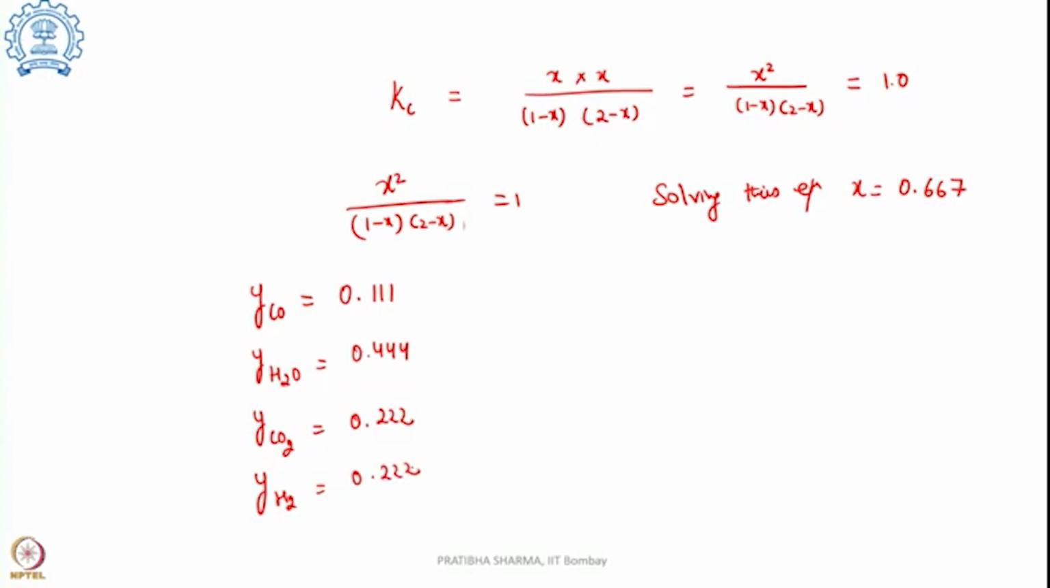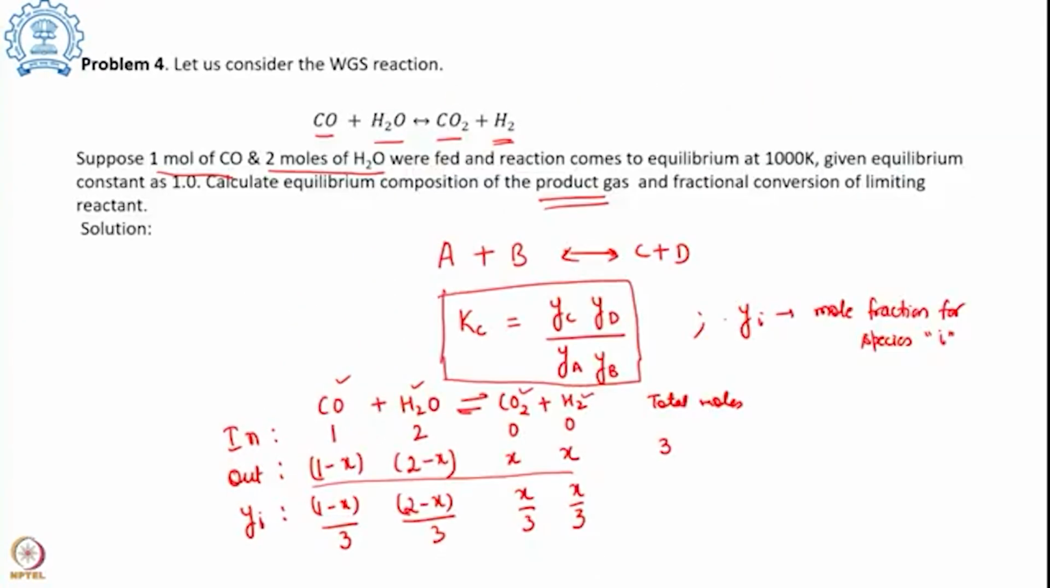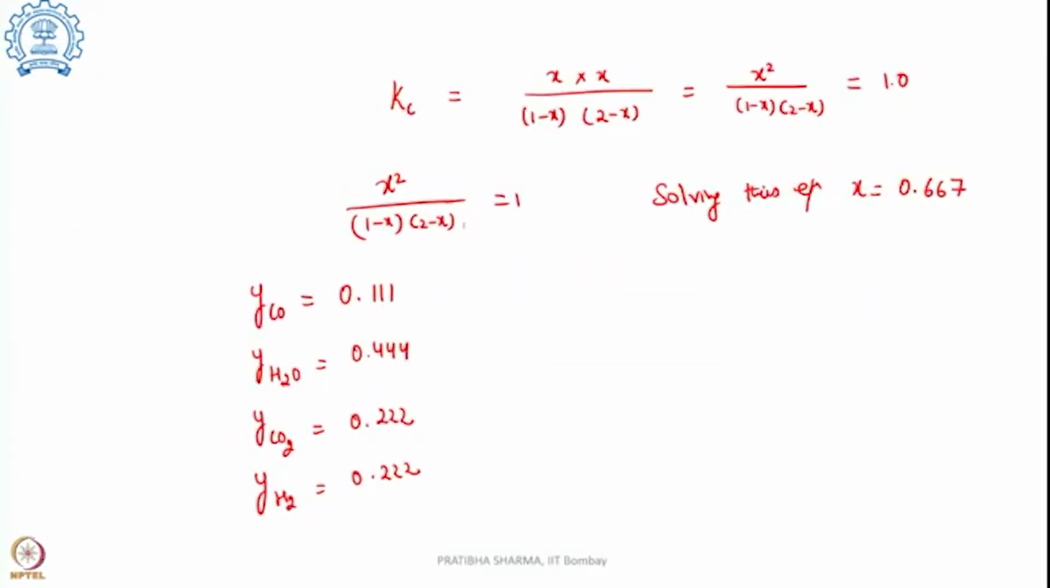One more thing is asked in the problem, and that is the fractional conversion of limiting reactant. Now, if we look at the values, we can easily identify that the limiting reactant is CO. So, the fractional conversion of the limiting reactant, which is CO in this case, can simply be written as